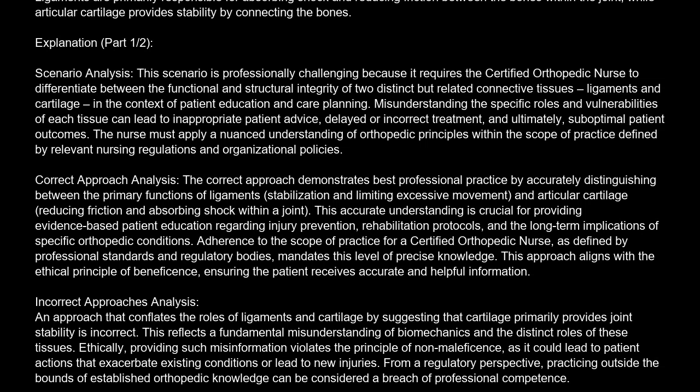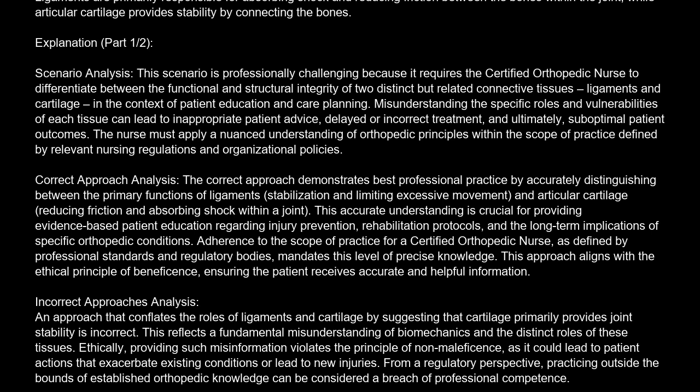The correct answer is A. Ligaments are primarily responsible for absorbing shock and reducing friction between the bones within the joint, while articular cartilage provides stability by connecting the bones. Explanation. Scenario analysis. This scenario is professionally challenging because it requires the certified orthopedic nurse to differentiate between the functional and structural integrity of two distinct but related connective tissues, ligaments and cartilage, in the context of patient education and